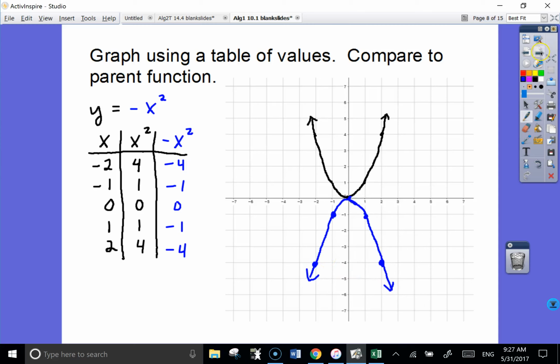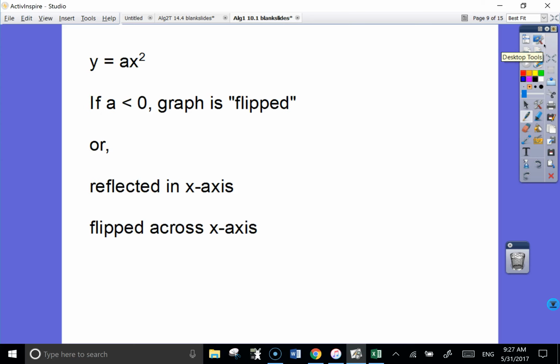Okay, well, we've got vocabulary for that too. It's flipped. If the a is less than 0, it's a flip, right? Sometimes we just say it's flipped. Sometimes in the textbook, the real proper way to say it is, it's reflected in the x-axis. But if you just say flipped, that's okay too, right? So you could say it's flipped across the x-axis, reflected in the x-axis, or just flipped. So if this number here is less than 0, okay, now what if it was like y equals